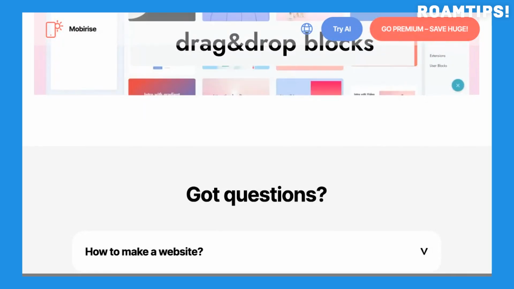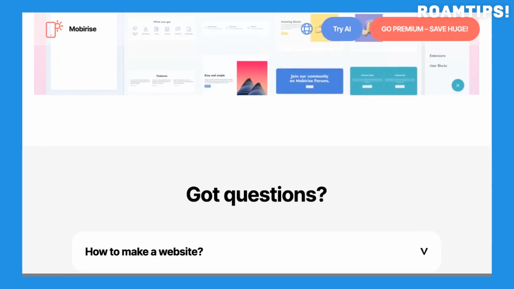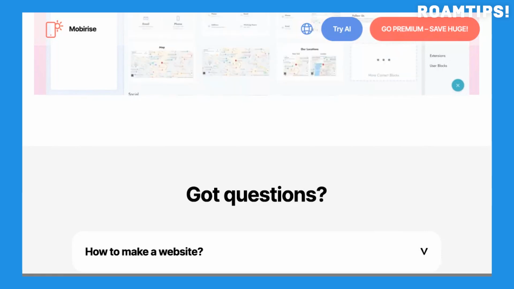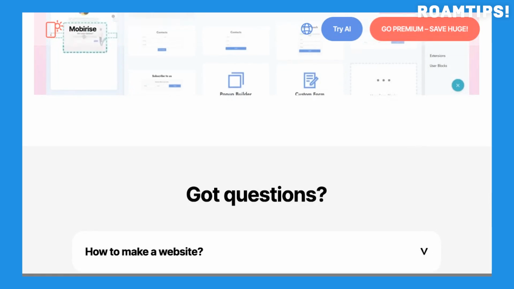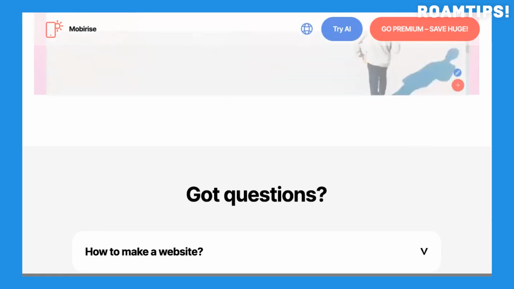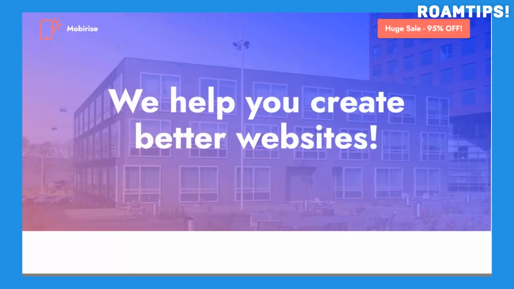The platform boasts a user-friendly drag-and-drop interface, making it accessible even for those with limited technical expertise. Building a website with Mobirise is as simple as selecting pre-designed blocks and customizing them to your liking. These blocks encompass a wide range of elements, from text and images to contact forms and social media integrations. The intuitive nature of the interface allows you to effortlessly arrange and modify these blocks to create a website that